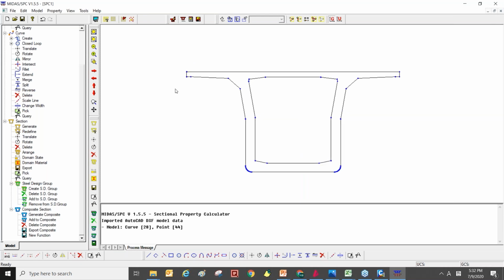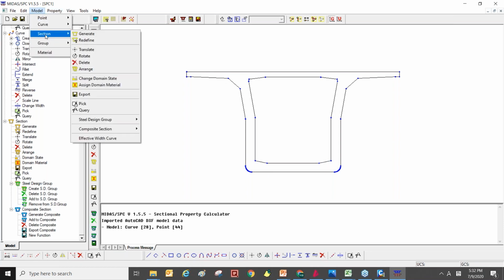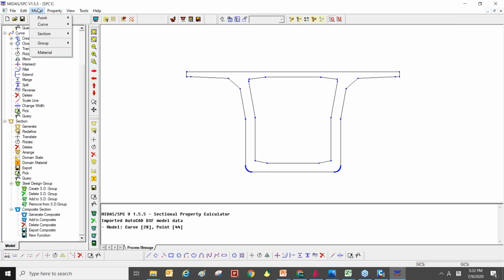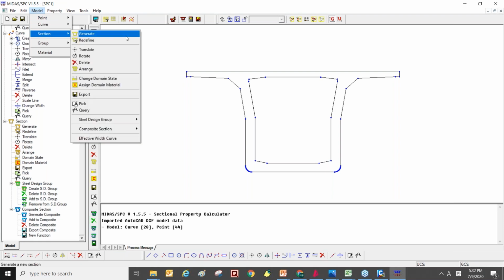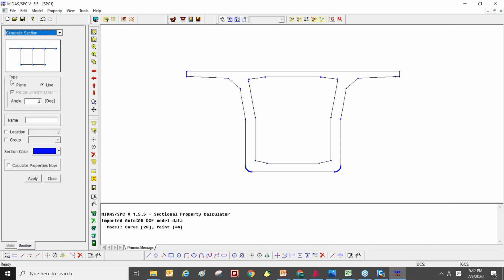So here is the example model. To create our section, go to the section model tab and section and generate. There are two types, plain and line. So we need the section here.